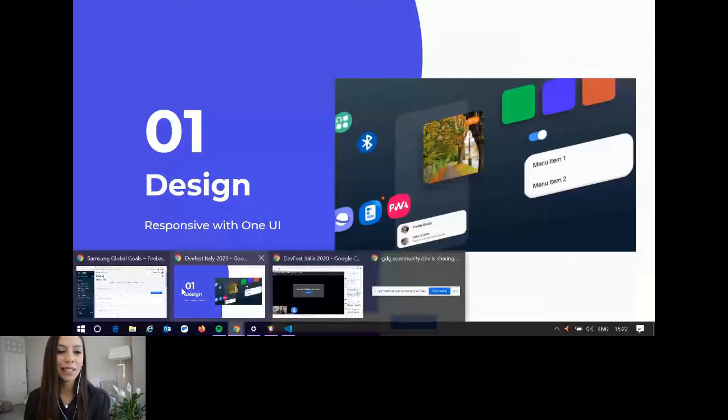If you go and visit the Samsung Global Goals web app, it is live already. Again, we are testing this. This is not even in beta. There are a few things that we still have to manage. First of all,